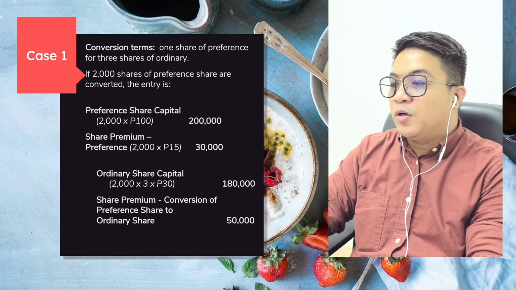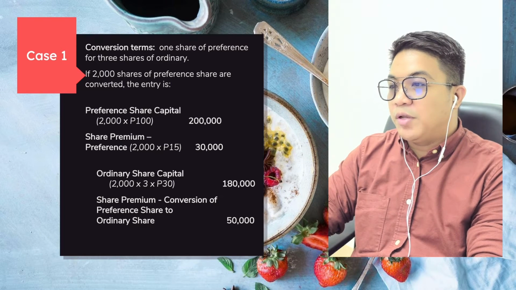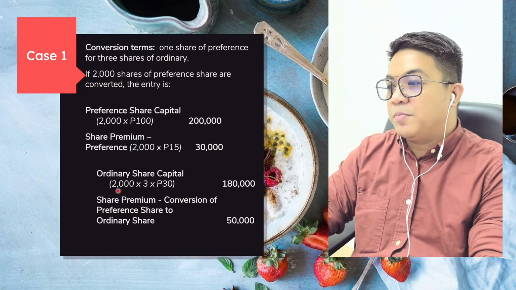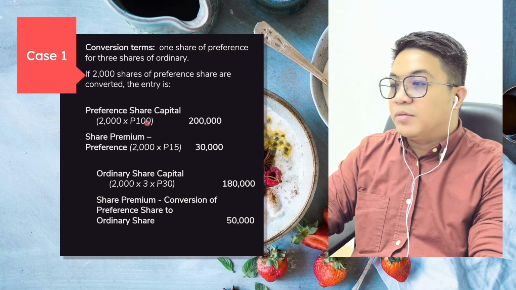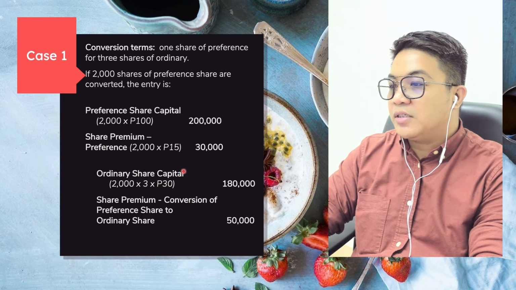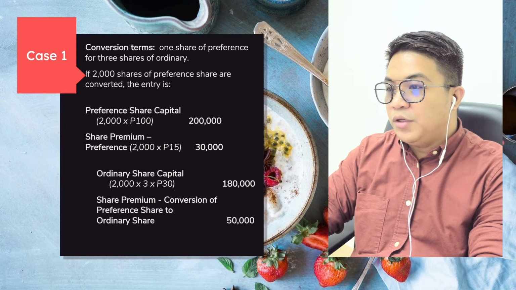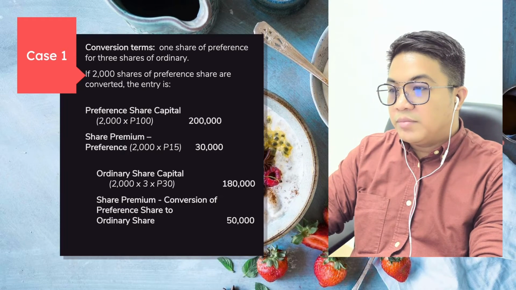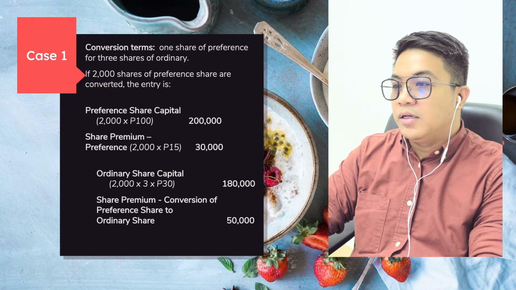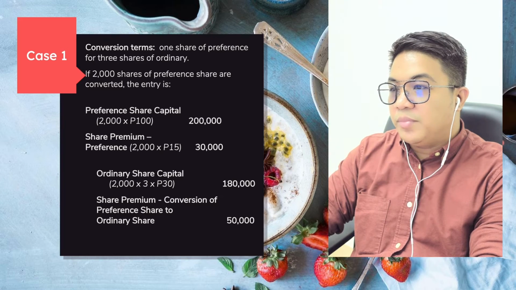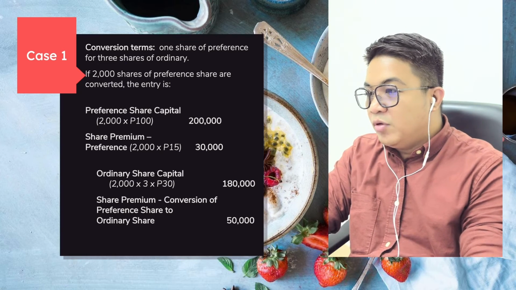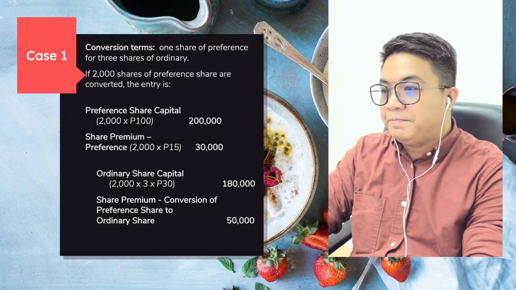So, for the ordinary share capital, how much is its value? 30 pesos par. Its value is 30 pesos par. 30, that we multiply by 2,000 shares. Then, the 3, let's see, where did the 3 come from? Times 3, 1 million times 3, then you will get the 180,000. I'm looking at the number 3, no? Okay, for a while,